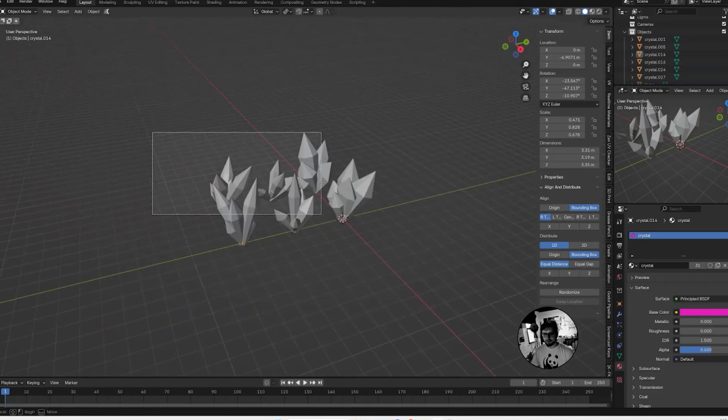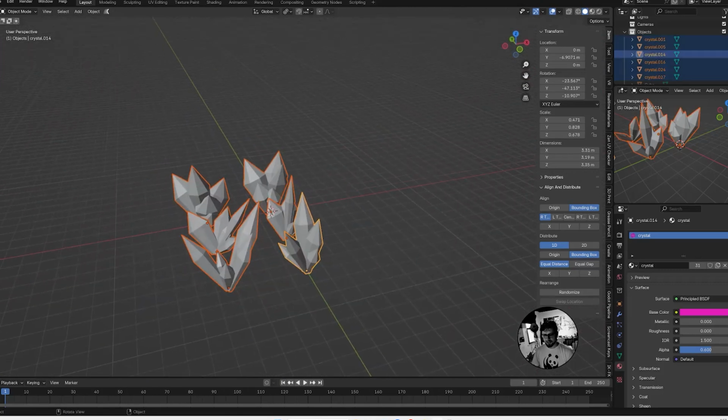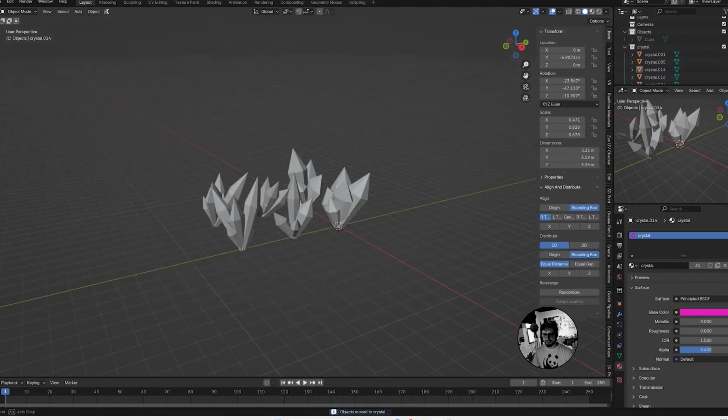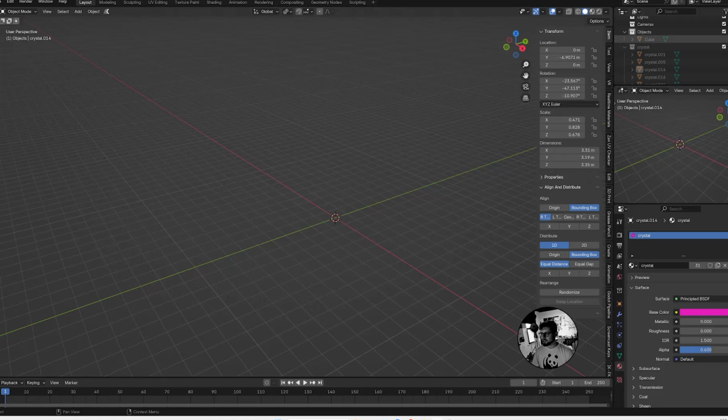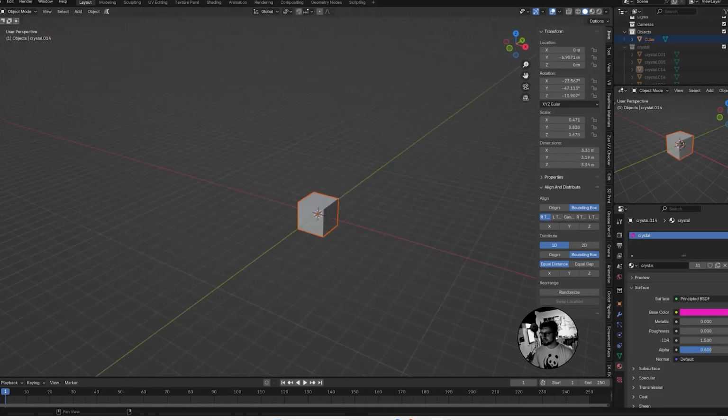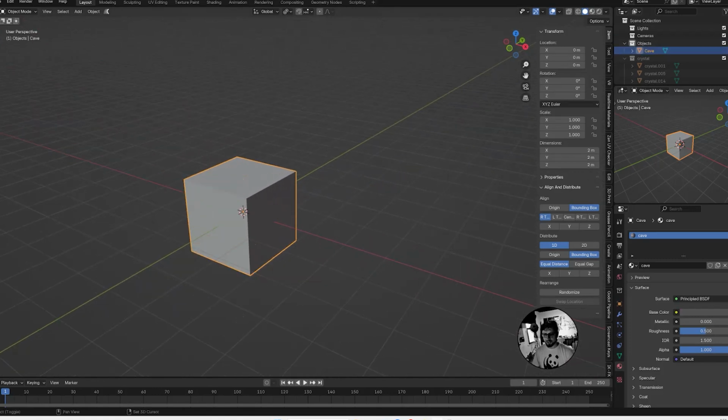So we're going to select all of those, and we're going to press the letter M, which is move to collection, and we're going to create a new collection, and we're going to call it, you guessed it, crystal. So now we've got a whole bunch of crystals inside a crystal collection. So here in the outliner, we can press the little eyeball and hide that whole collection, and now we'll turn this cube on. So we'll rename this cube to be cave,